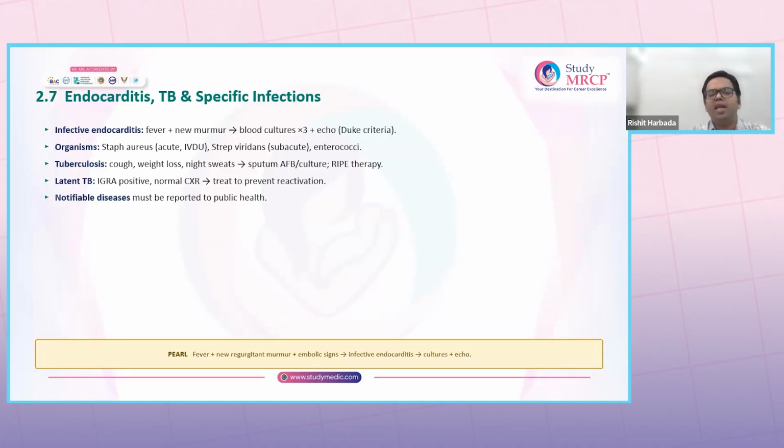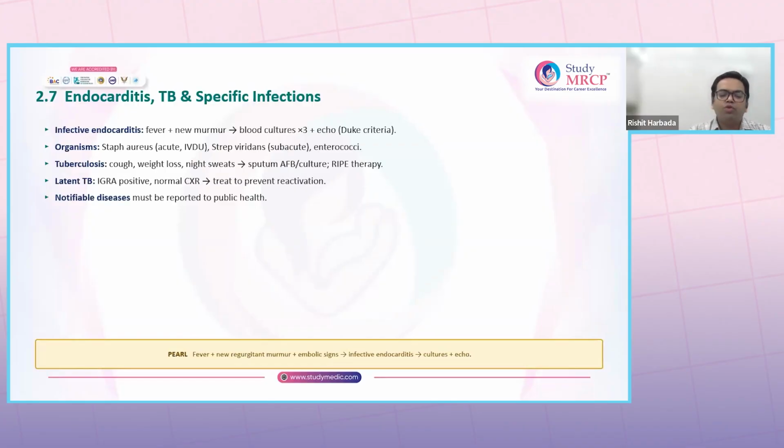Okay, now in MRCP, you are always asked a lot about what is called as latent TB. So latent TB means a patient may not have positive signs or symptoms of tuberculosis, but the IGRA or the tuberculin test may actually be positive. Normally, these patients are having a normal X-ray. They may have no symptoms and they're not infectious. But treatment may actually reduce the incidence of reoccurrence, especially if they are immunosuppressed. So if they're immunosuppressed and you're going to give them some biologics or steroids, etc., then usually you have to treat it to prevent reactivation of this